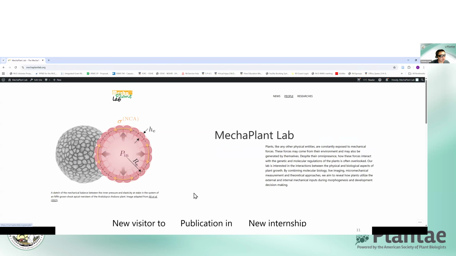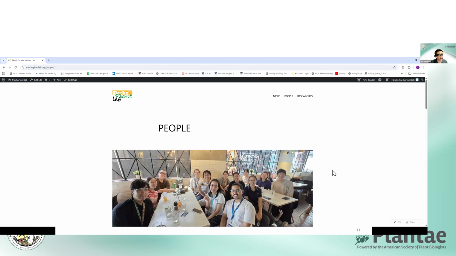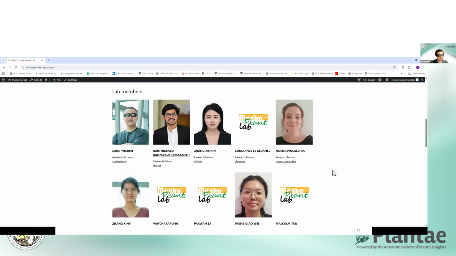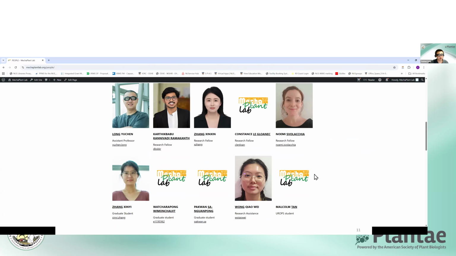So if we come to this website, we have some news posts over here. But this, I think, is indeed the most important page. This is where every single person has their photo, if we have the photo, and also their names. The reason is that quite often lab members go to conferences where people remember their names but do not remember how they look, or maybe they remember how they look but don't know who to contact. So it is a great way to expose your lab members to the rest of the world and for them to be recognized for the work that they have done.